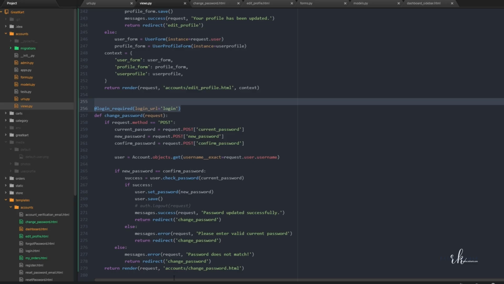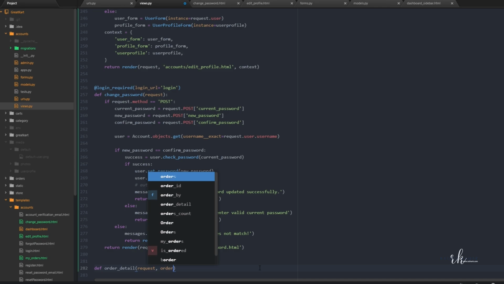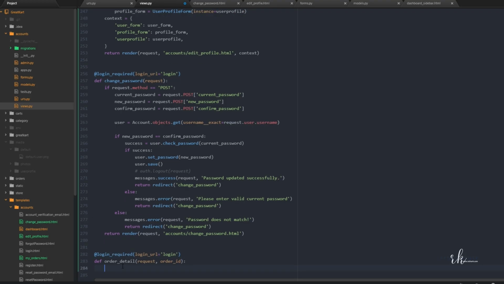Okay, next I'll go to views and create a new function order_detail, with request, order_id. Okay, so I will copy this login required decorator and put it here, because this order detail also should be accessible only when you are logged in, right? And then what I'll do, I will first design the order detail page. Okay, so that's why I'll just say return render request,